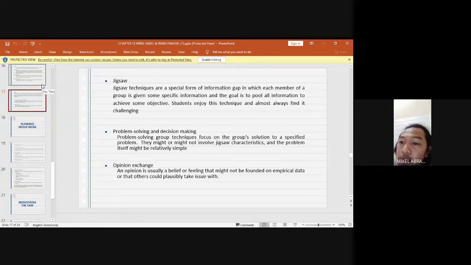They might or might not involve jigsaw characteristics, and the problem itself might be relatively simple, such as giving directions on a map, moderately complex, such as working out an itinerary from train, plane, and bus schedules, or quite complex, such as solving a mystery in a crime story or dealing with a political or moral dilemma.